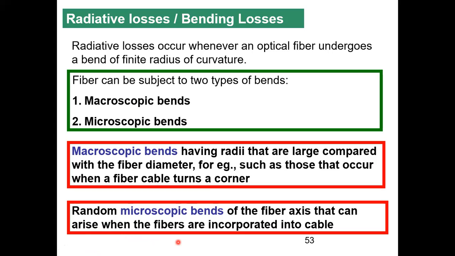So the macroscopic bending loss we are talking about is when I am actually laying down the fiber. And the microscopic bend is, see, when I manufacture the fiber, I have the core, cladding and then I put the elastic coating, and then we have seen that we have to cable the fiber. So I put it in a jacket, then I have so many fibers. If it is a multi-mode fiber, I have the strengthening members, the protection sleeves, the sheath which protects from moisture and water. So many types of mechanisms I use to protect the fiber.